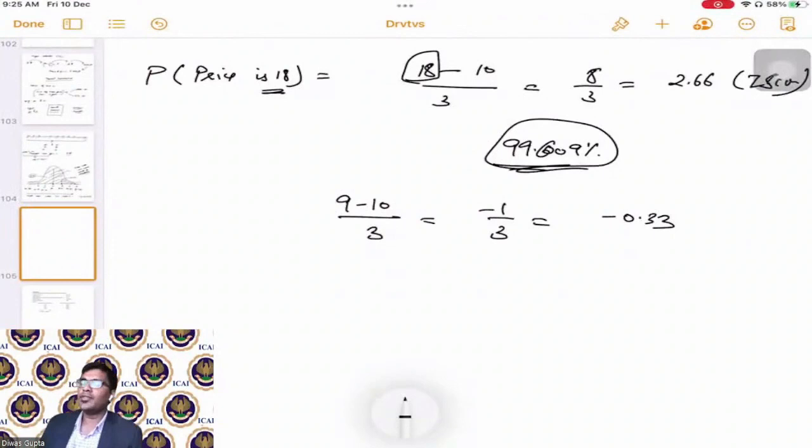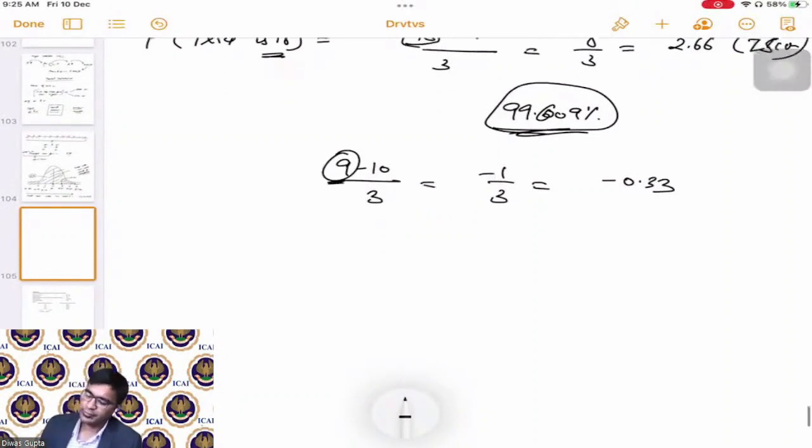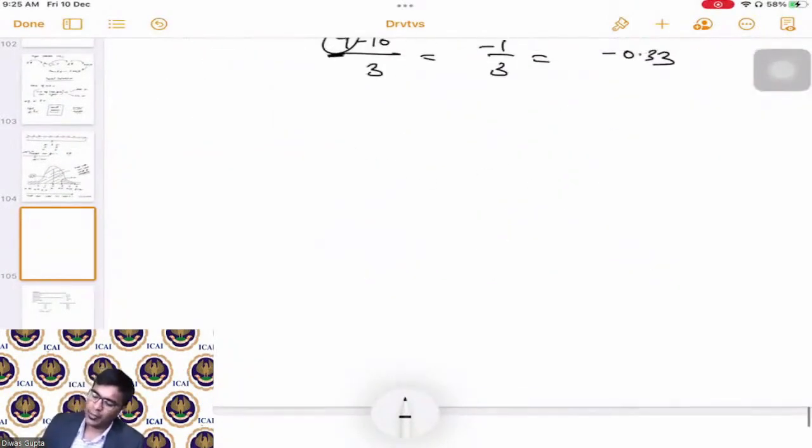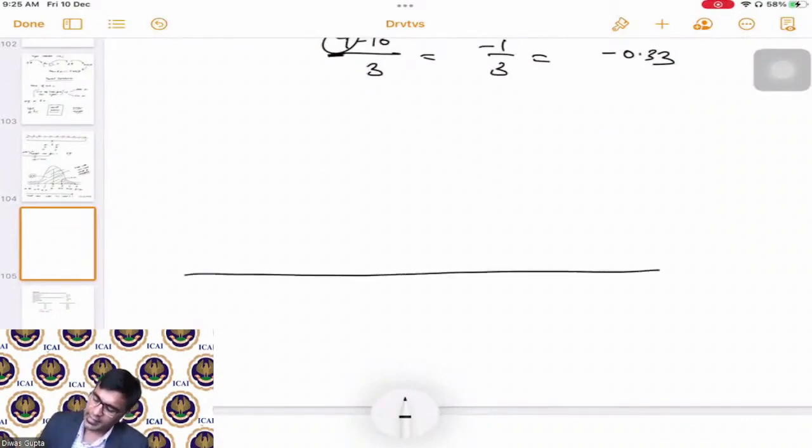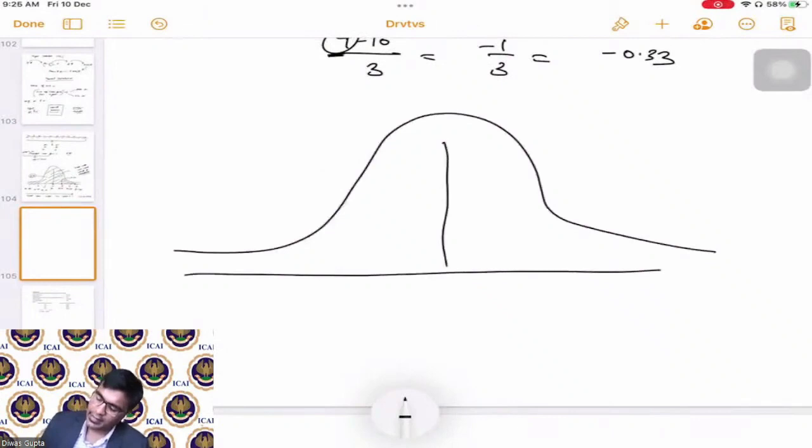So a Z score value of 0.33 will give us the cumulative probability that the next value is going to be now 9. What is the probability that will be given there? Now, one more thing. Since this is a standard normal distribution table and it divides the data in two halves,